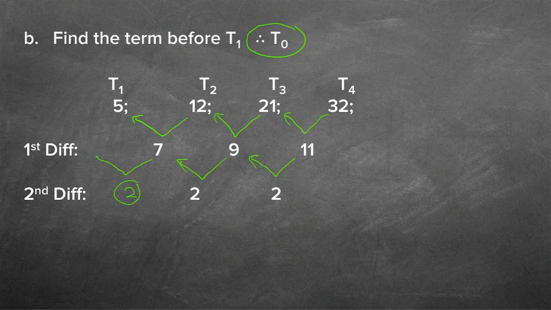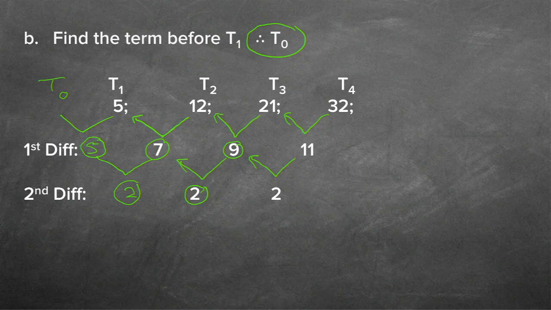Now what have they done? They said 9 minus 2 gives you 7. So 7 minus 2 gives you 5. So I know my first difference here is 5. Let's do that other little arrow there, because remember, what are we looking for? We're looking for T0. Now let's just check. If we're not sure what is happening, let's check.